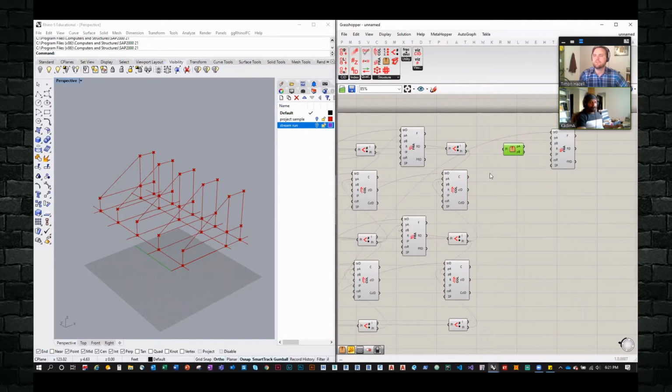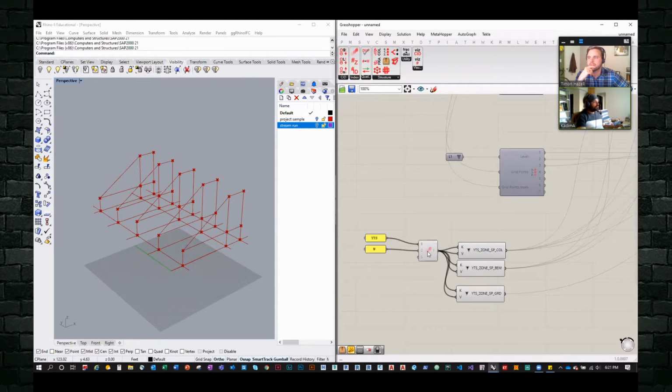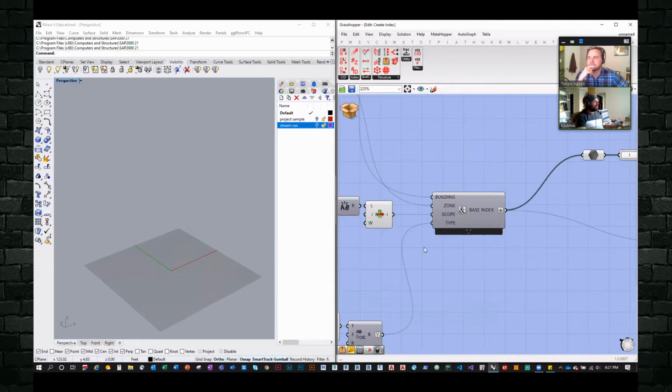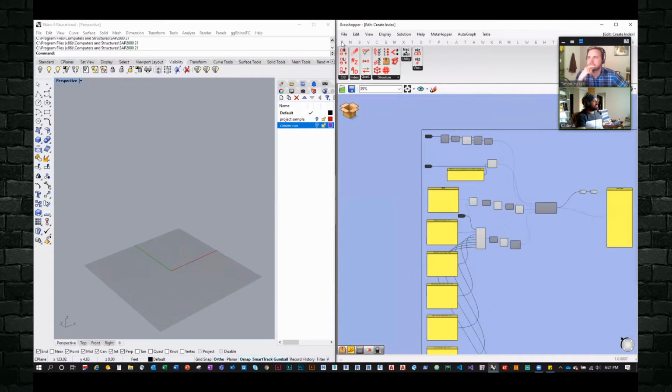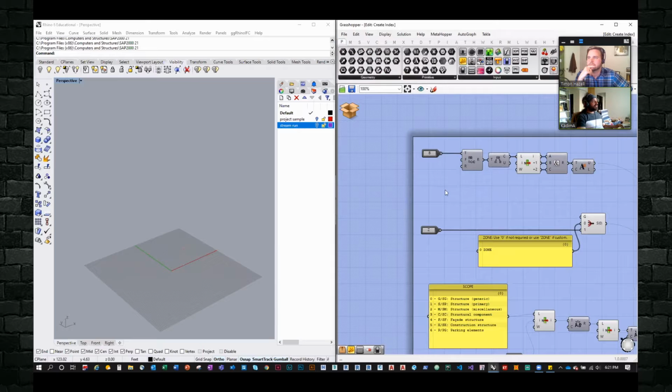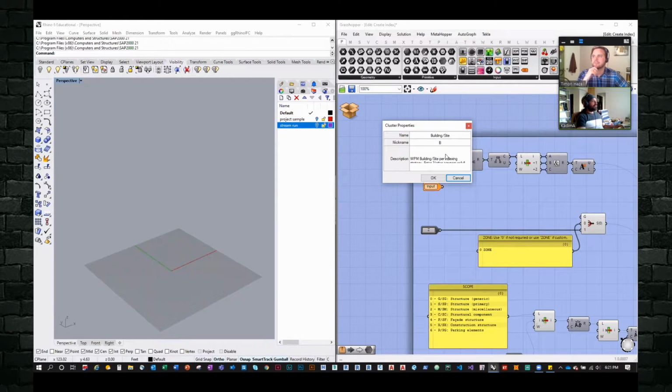How do you get those previews to show up on the inputs that tell you what the allowable input for that is? In Grasshopper, you get this input node for clusters, and you can double click on them and type in a name, nickname, and description. The nickname is the abbreviation, and the description is when you hover over, it'll give you an expanded description. And the built-in site, that's the name in parentheses.